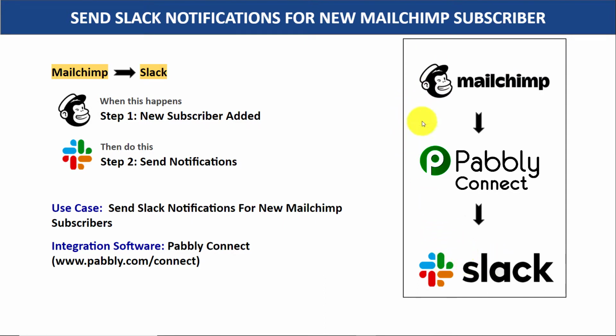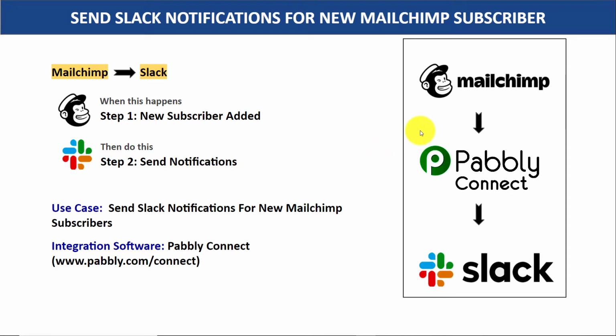So here you have two choices. The first choice is to copy all the details of John from MailChimp, sort them out, compose a message and manually paste it on Slack. The problem with this approach is it's actually very repetitive and tiresome considering you will add many subscribers in MailChimp. So I would suggest that you bring in some automation so that whenever a new subscriber is added in MailChimp, it will automatically send notifications on Slack.